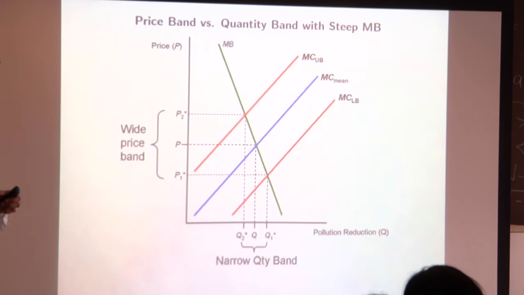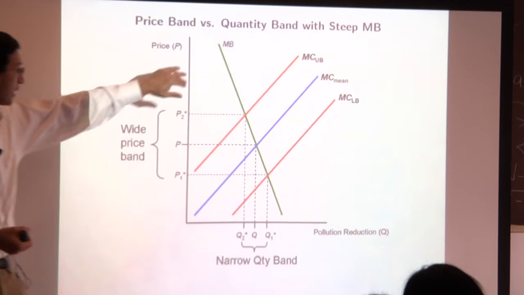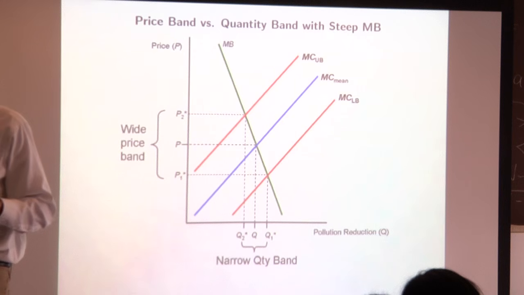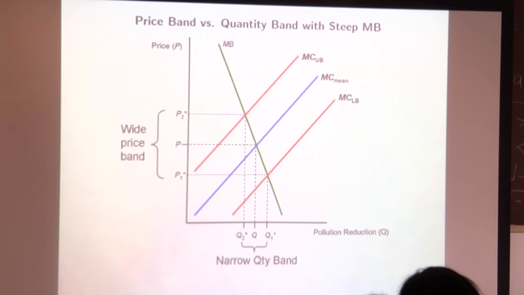And if you're above that unit, it's going to kill you, okay? So take that extreme example. That's like a vertical marginal benefit curve. You do not want to miss on the quantity there, right? You want to make sure with zero probability you're over 10 units of the toxin because otherwise everybody's going to